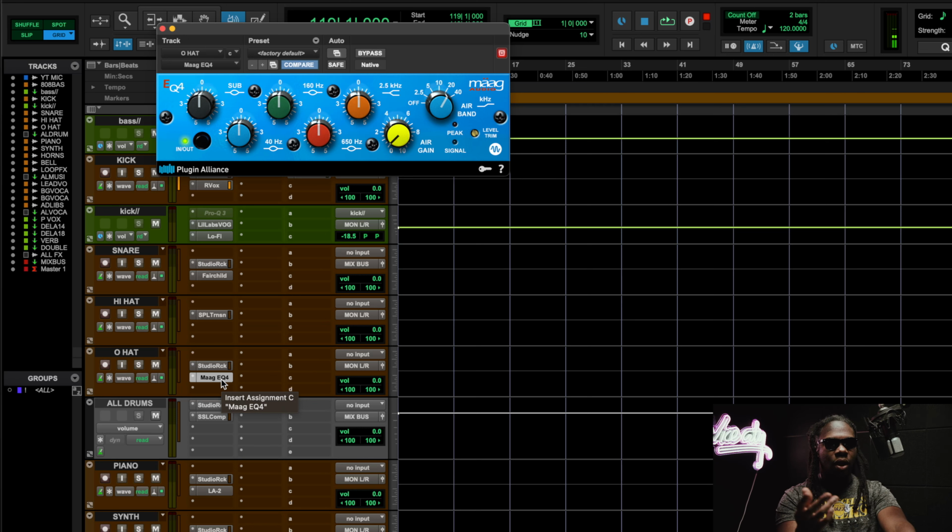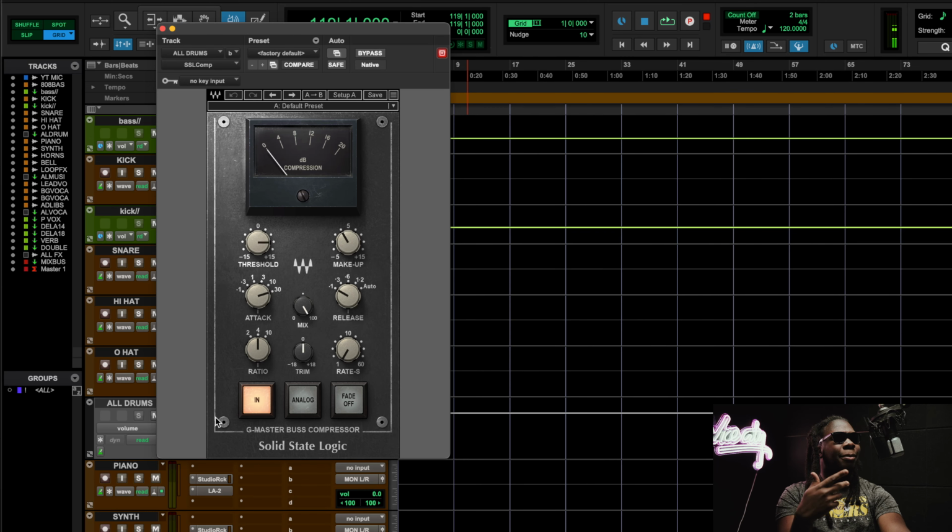You feel me? So it doesn't really make sense to always start boosting top end on a hi-hat or open hi-hat with a shelf. But from the perspective of trying to make it groove and sound longer, that would actually make sense. So that's an assumption of what I noticed from Mixed by Ali. You feel me? I don't know if he's necessarily doing it like that, but that makes the most sense, because on a Mag EQ,